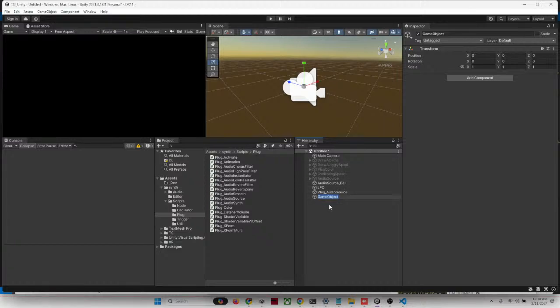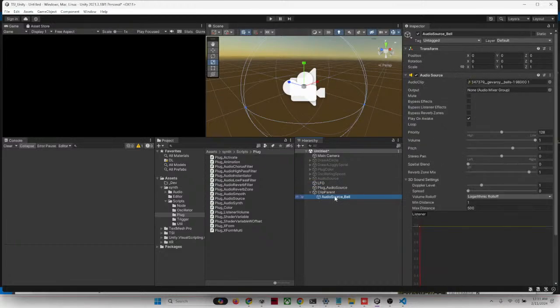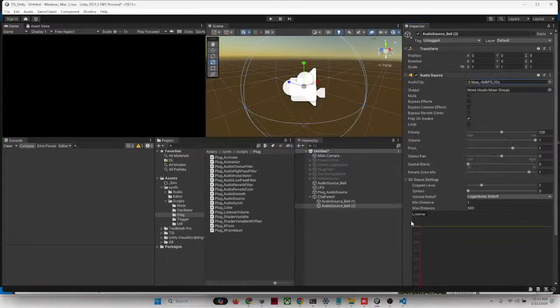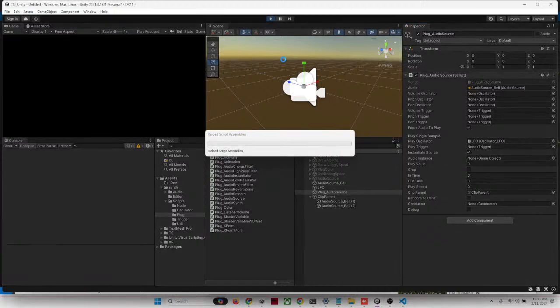So I'm just going to make an empty clip parent, and I'll drop this audio source in here. Actually, I'm going to duplicate that, put that in the clip parent, duplicate that, and have a different audio clip. We don't have any other bells right now, so I will just use a little blue noise. And then if I go back to my audio source and I plug in this clip parent, then it should alternate between playing the bell and playing a